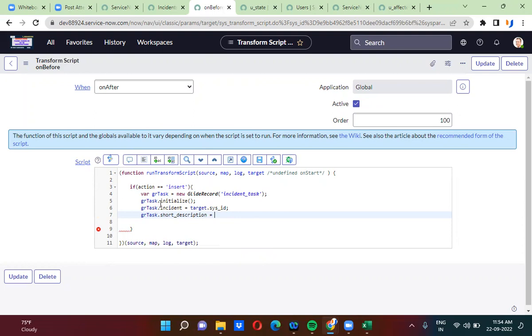So target.sys_id means which record exactly is created, right? On that particular record only I am creating these tasks. Every incident has incident tasks, right? Whatever the incident that is created, on that particular incident only I am creating these tasks. That is the reason target.sys_id means the created incident sys_id. So here I can use target dot